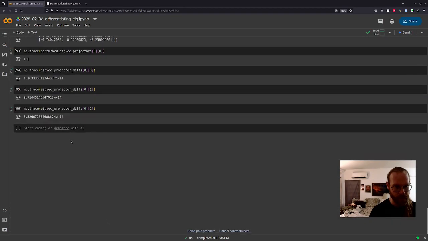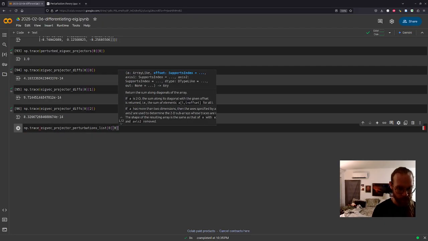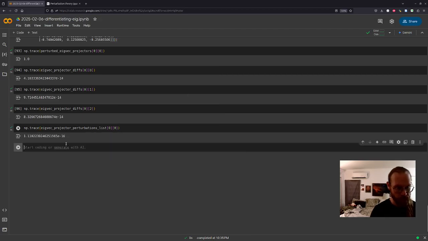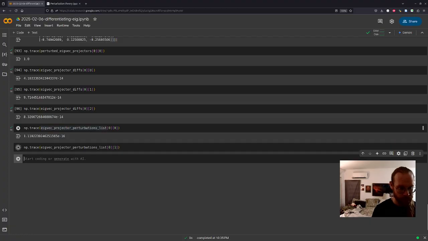Now the perturbations from my analytic formula also look to have quite small traces.